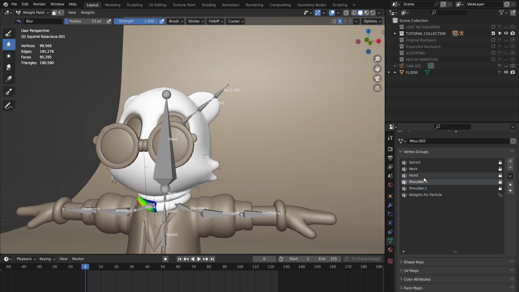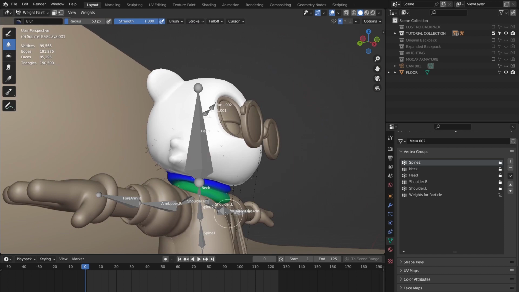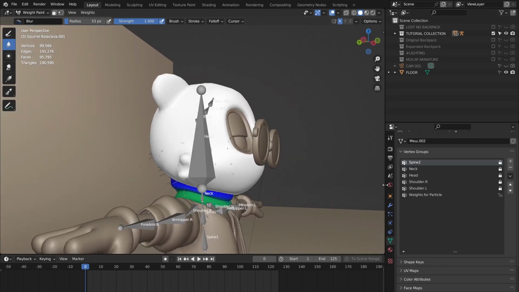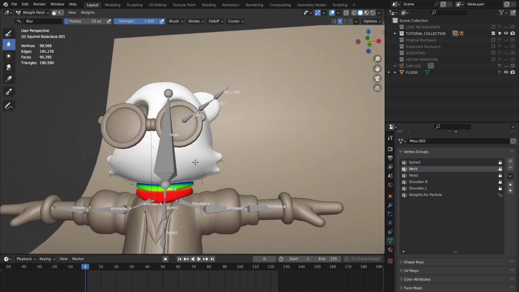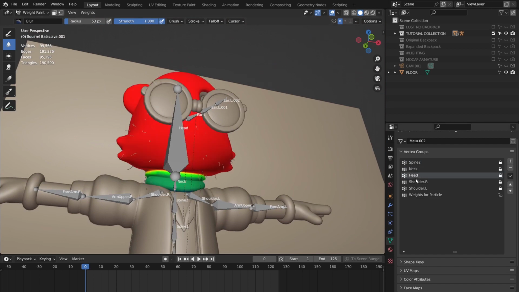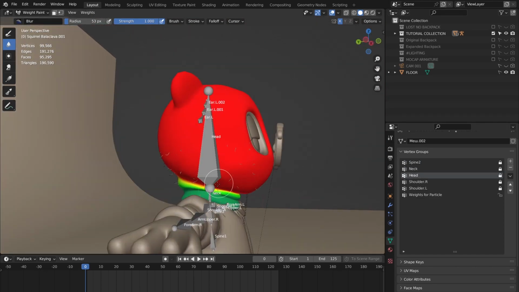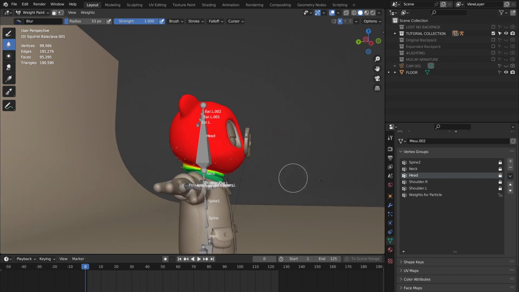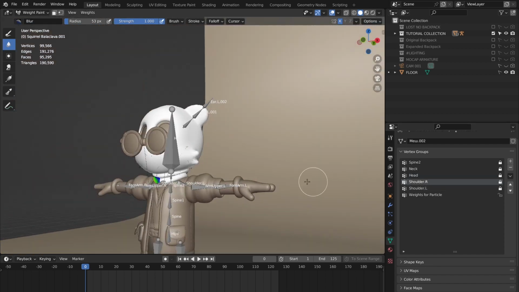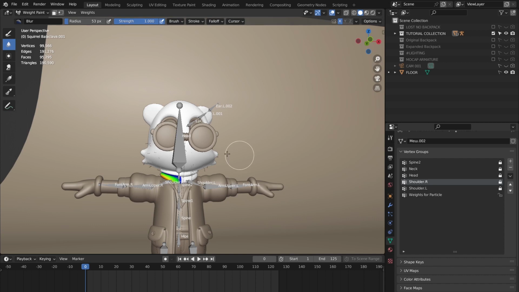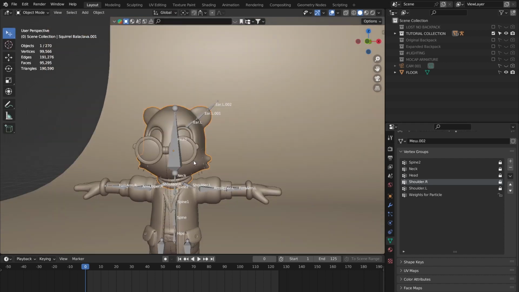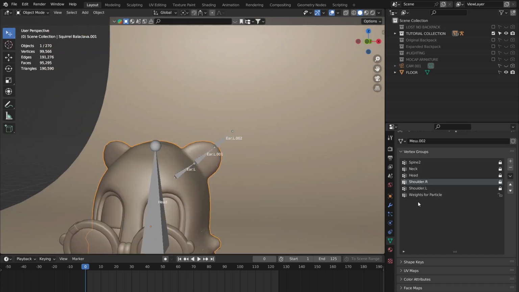You'll see that if I cycle through these bones, they correspond to various influences on the mesh for the head itself. So I've got spine, so that first bit of the spine only affects this little bit of the head. I've got the neck, which affects most of that little bit of the balaclava. The head, which affects all of the head except for some of the balaclava, and then the left and right shoulders, just affecting the left and right sides themselves. And we need to then add in a couple more vertex groups that correspond to these